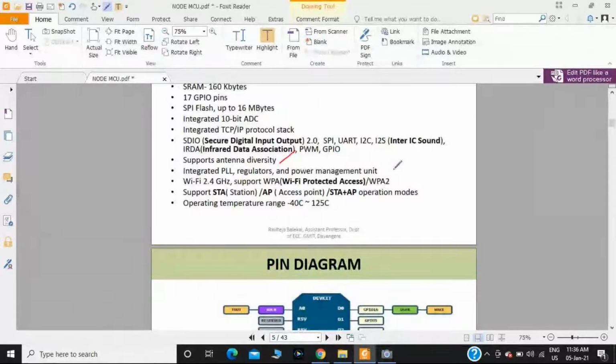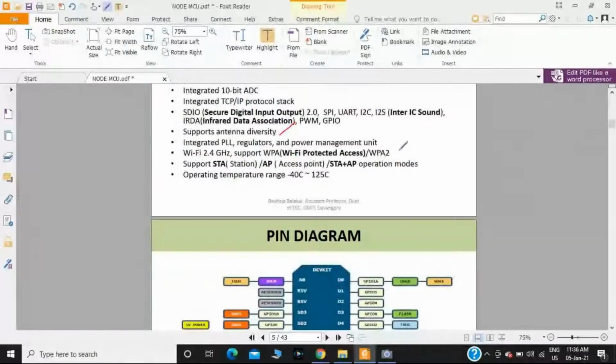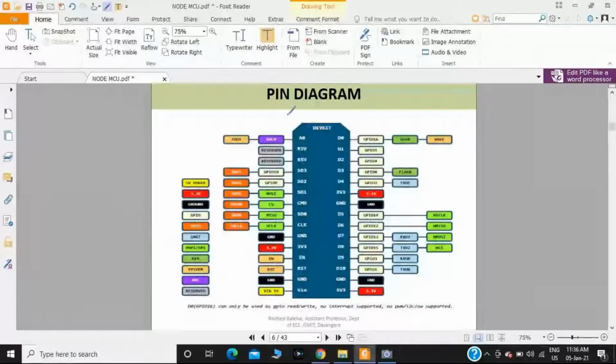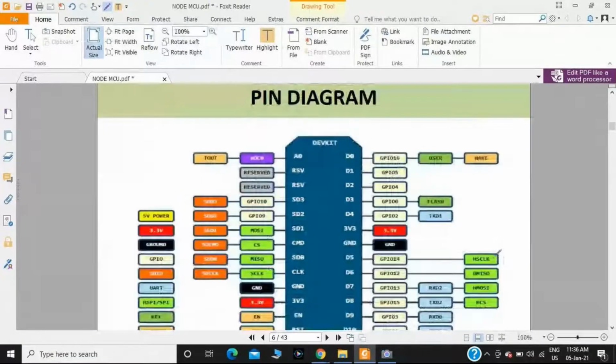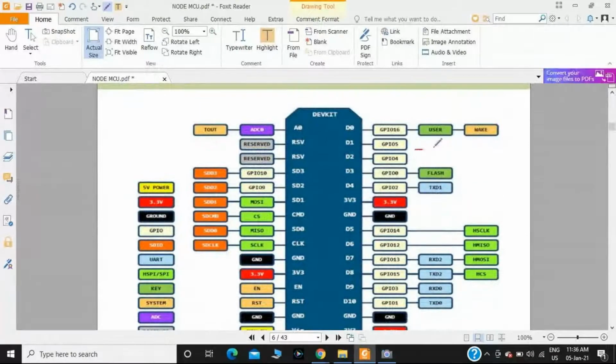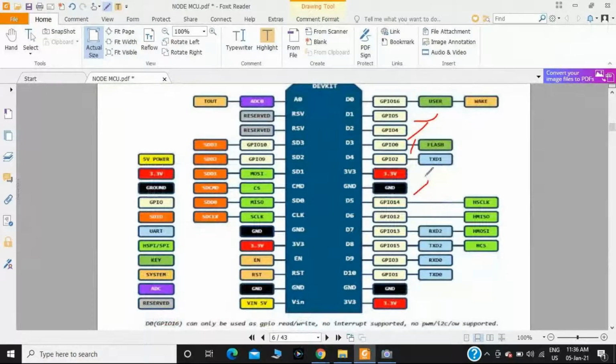The operating temperature range of Node MCU is minus 40 degrees Celsius to plus 125 degrees Celsius. The picture shows the pin diagram of a Node MCU. It consists of 17 GPIO pins, a 3.3 volt power supply, an input of 5 volts and the respective ground.